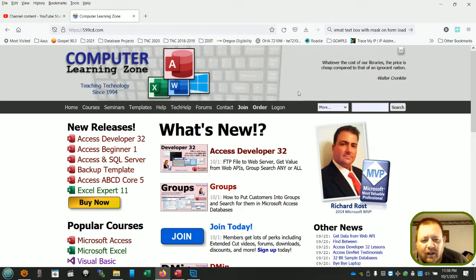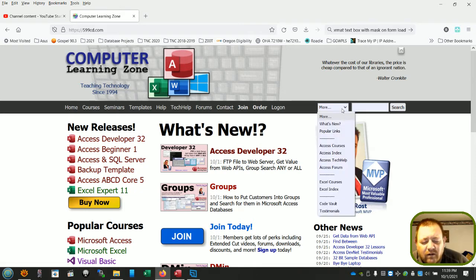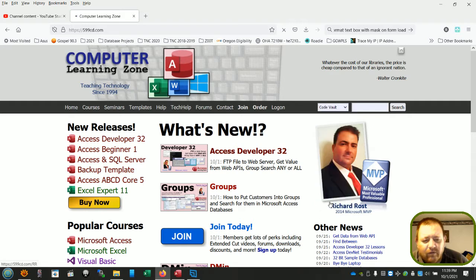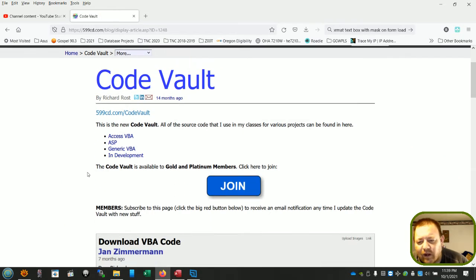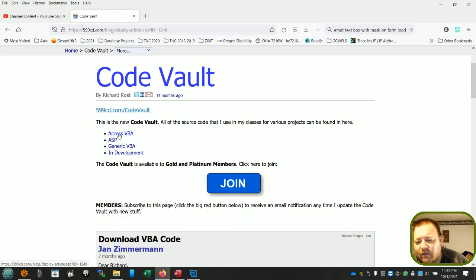I'm already logged in. Actually, no, I'm not, because this top browser line is blank, so to speak. The navigation, that's where he puts the login information when you're logged in. So right here, just real quick, I'm going to go to the code vault. Well, it took me a while to figure out where the code vault is located. So I'm going to go access VBA,